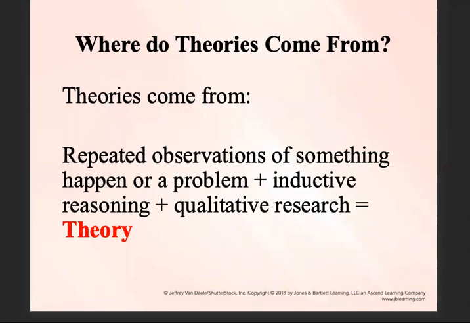But when we put these things together, we come up with a theory. Again, we've over and over again as humans observed that there's a certain experience that people are having when it comes to changing, specifically behavior change, when it comes to the problem that they're choosing to address. Then we put that research all together and we come up with this theory. For example, A plus B equals C.